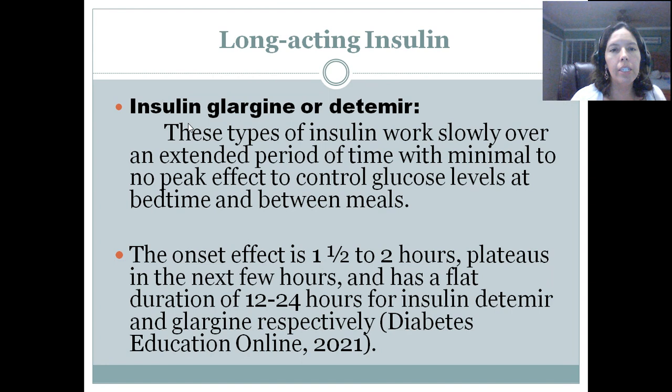Long-acting insulin, such as insulin glargine or detemir, works slowly over an extended period of time with a minimal to no peak effect to control glucose levels at bedtime and between meals. The onset effect is 1.5 to 2 hours. It then plateaus in the next few hours and has a flat duration of 12 to 24 hours for insulin